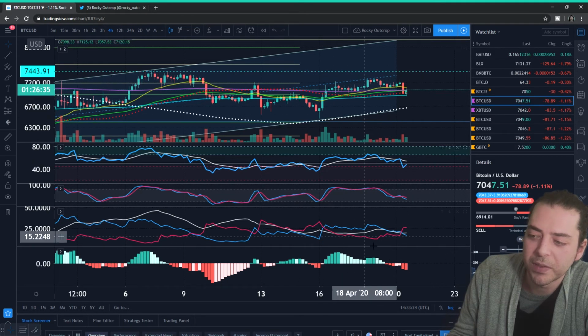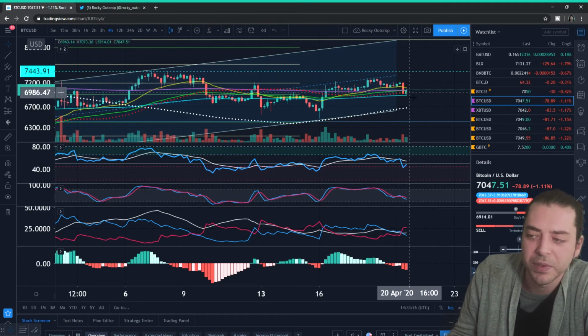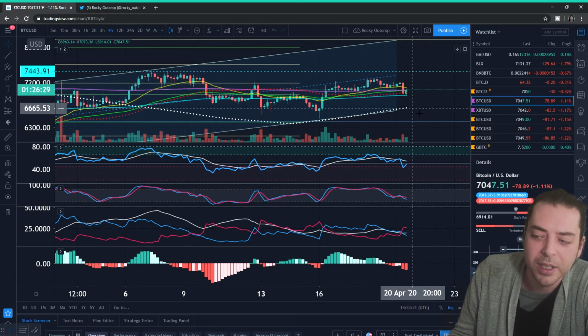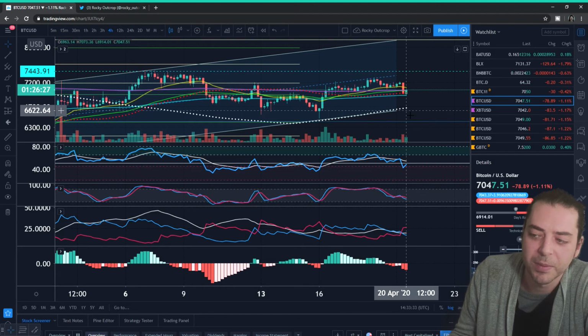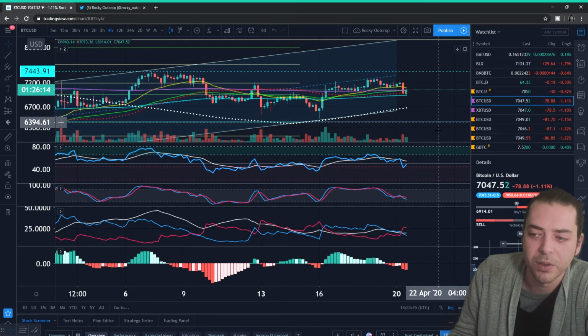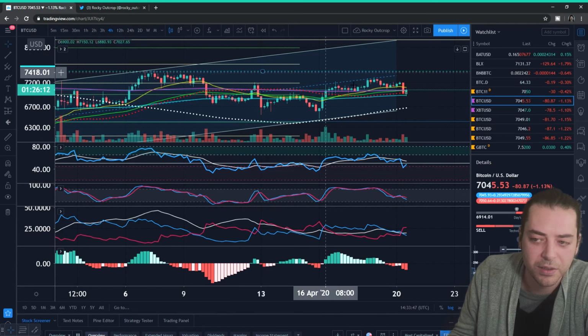But there was a bit of divergence on some of these oscillators. We've seen it, so we're asking questions right in this level where we are. And if we did go down to the bottom where this 200 simple is coming in at the bottom of this channel as well, if that's indeed what we settle on and say that's the channel, then you're looking at that 6,666 area that we spoke about again as being your crucial area, because you don't want to go down there, setting in lower lows